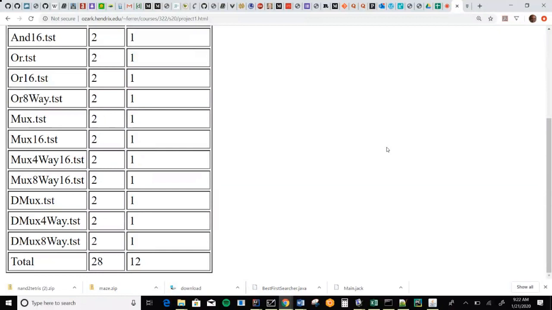Now, once you start getting to some of these wackier circuits like MUX 4-way 16, something I really want to emphasize is use the highest level circuit you can to build it. I don't want to open up your MUX 4-way 16.hdl and see a bunch of AND gates. You don't want to do that to yourself.